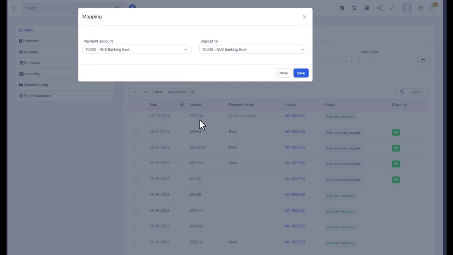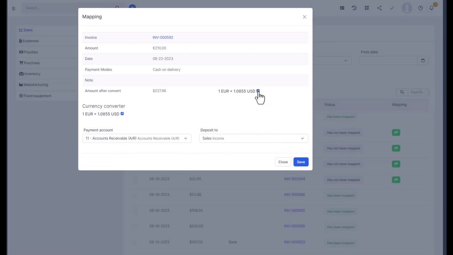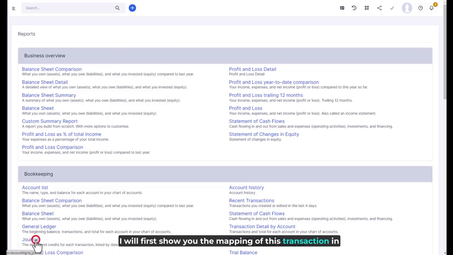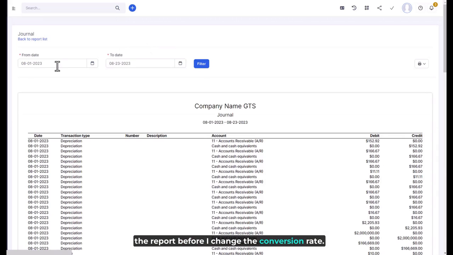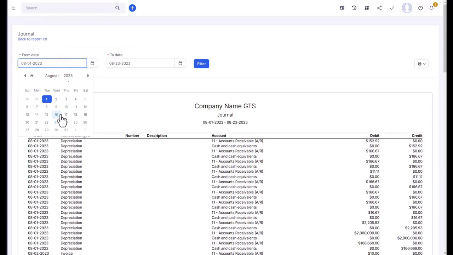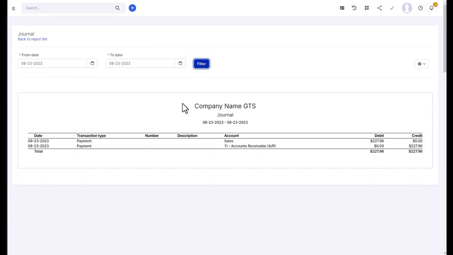Click Edit to view mapping details. If this payment has a different currency than the system's default currency, the conversion rate will be displayed, allowing us to edit the mapping value again. I will first show you the mapping of this transaction in the report before I change the conversion rate. This payment is mapping to the account with a value of